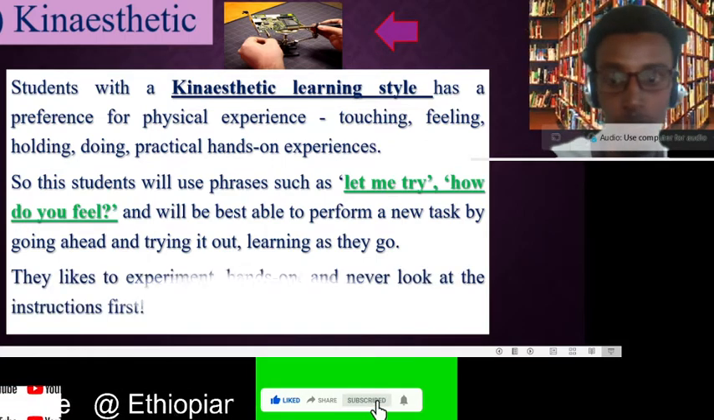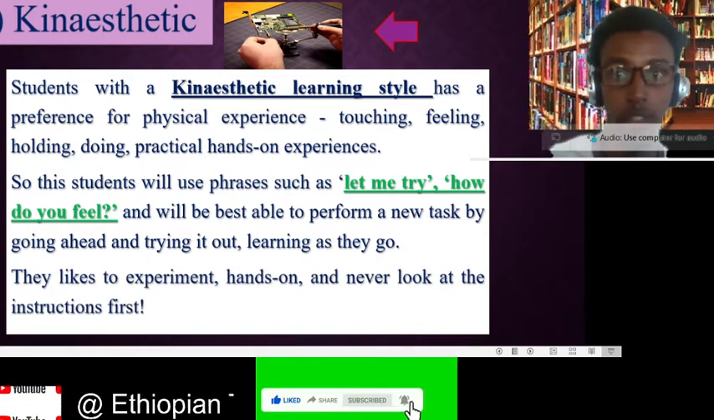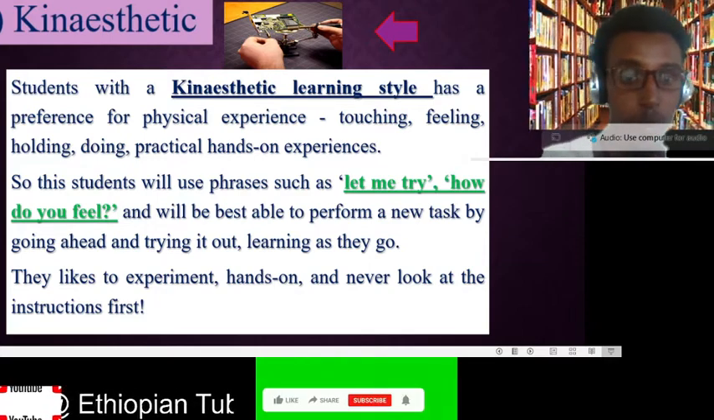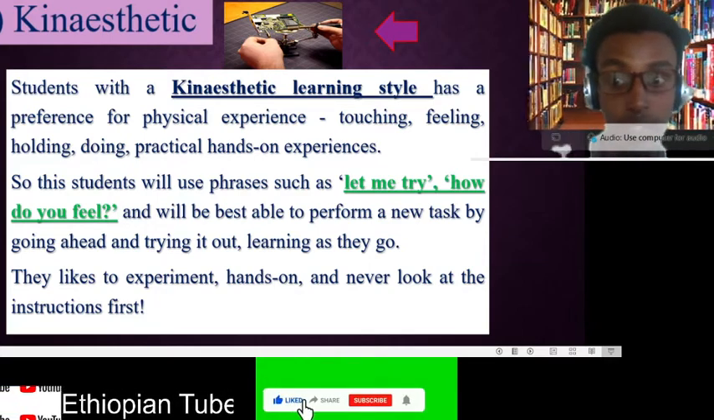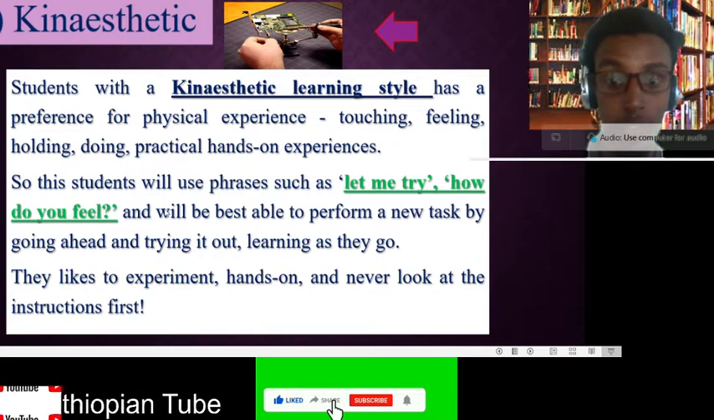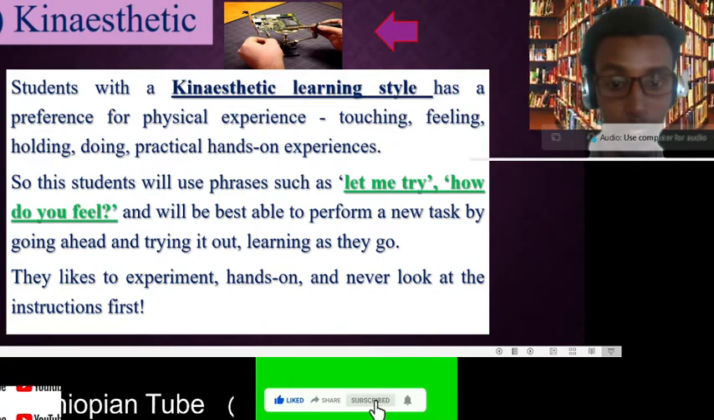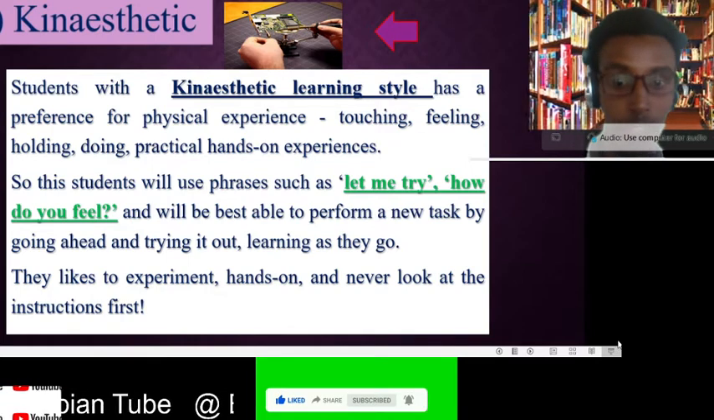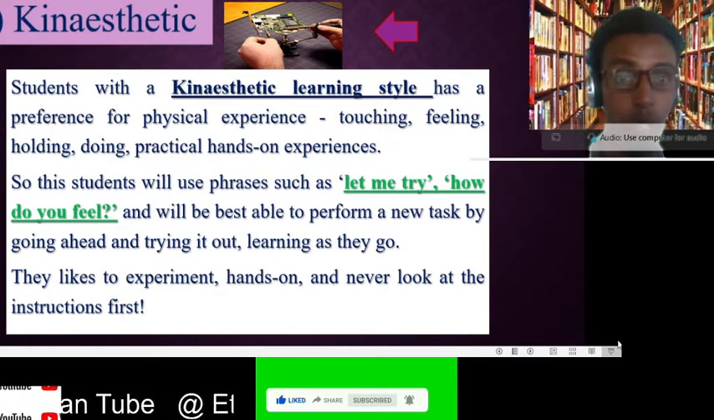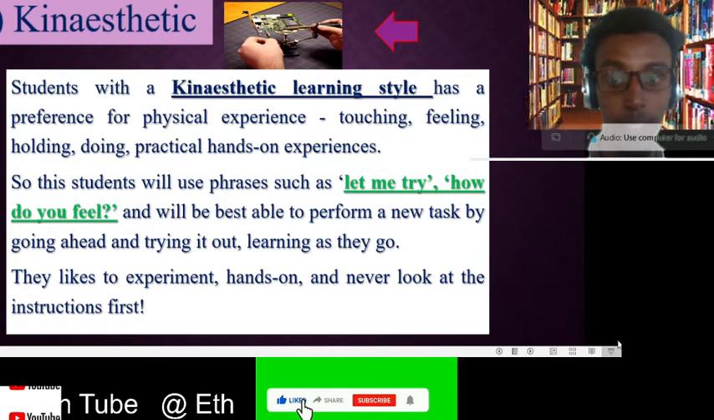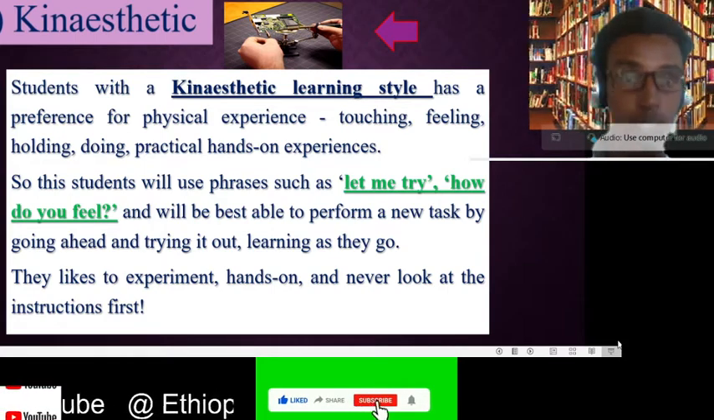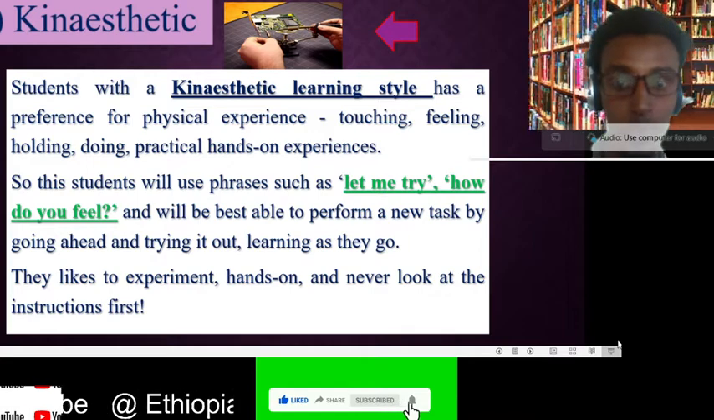They prefer learning by doing. They like to experiment hands-on and never look at the instructions first. To make it elaborate, kinesthetic learners are hands-on practitioners, learners who need to take a physically active role in the learning process in order to achieve their best